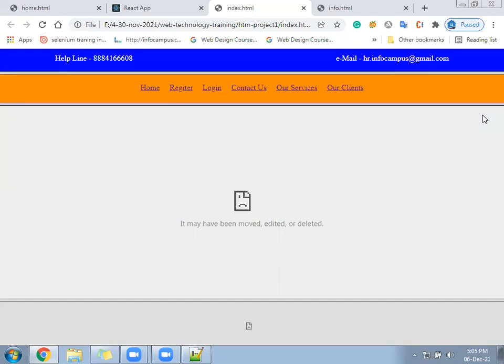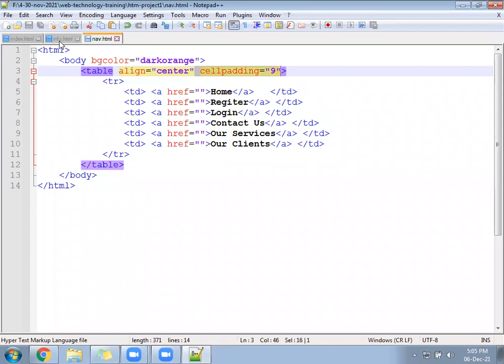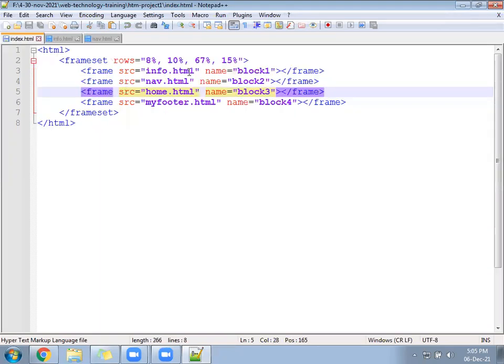Now you can send your code, both the files, the info file; the code should not be different. Reduce the padding. Give 5, 6. Here also give less padding. In this we have not given padding. Or here you have the problem. See here, 8% we have given, 10% we have given, 67 we have given. Yeah, I have taken the same. You can increase the 10 to 12 and reduce 67 to 65. Okay. This one you can remove.